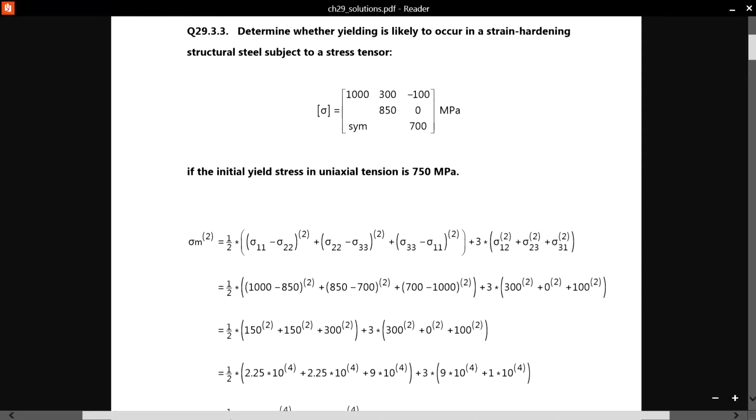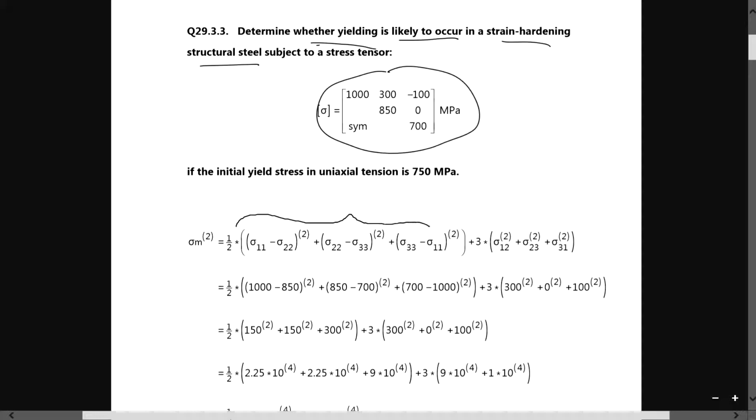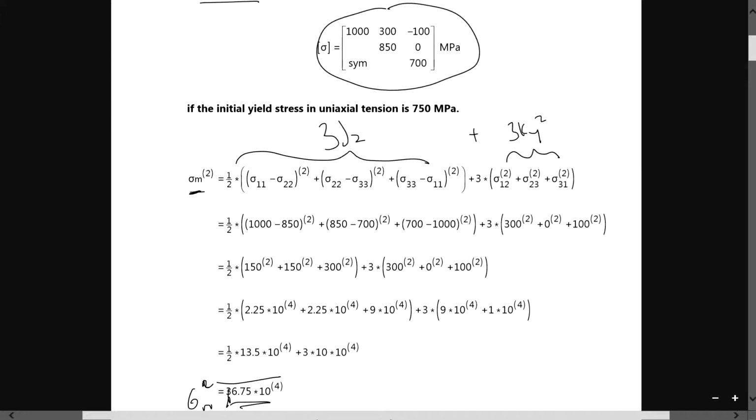Alright. Okay, now the last question before we go to another video is to determine whether this yielding is likely to occur in a strain hardening structural steel with a certain stress tensor over here. So same thing, you apply your J2 and your k squared, or you can say that we're talking about 3J2 and 3k squared, so to speak. We have shown this just now, but anyway, let's continue, and eventually you'll find your von Mises, that is over here. Von Mises squared, and then if you bring this square over here, you'll eventually find this thing over here. And if you compare to your material's 750 MPa, it is somewhat safe, no